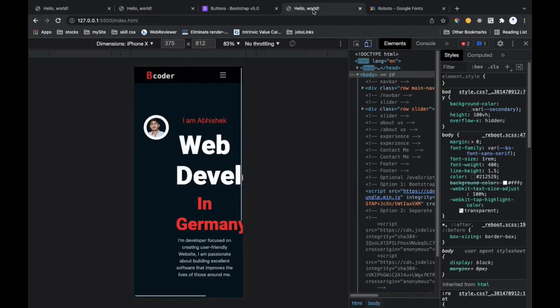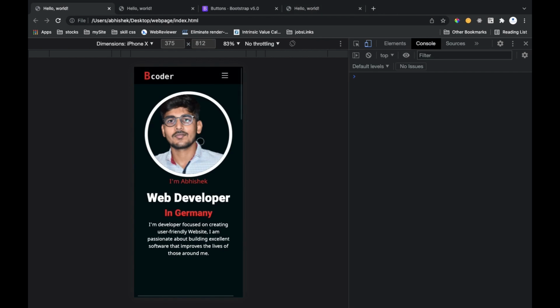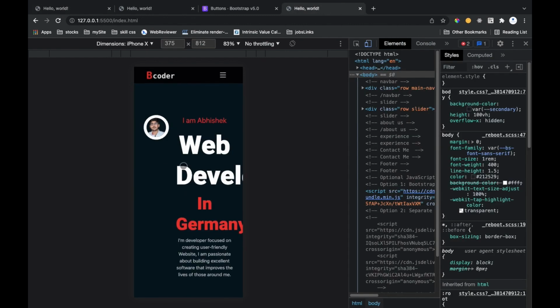One thing I have to see here: when I make it in mobile view, the image is properly on top and the text is below that image. But this problem is occurring, that this website is not looking responsive here.